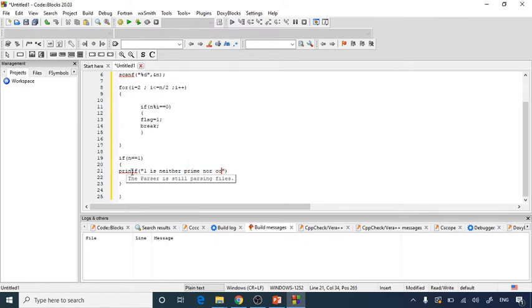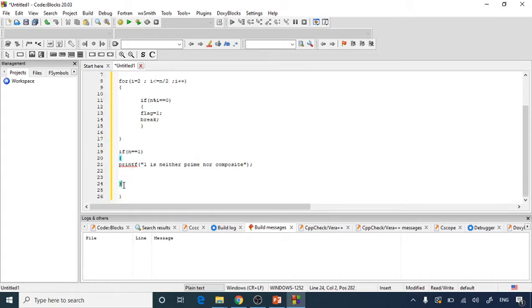So we have written this condition particularly for the number 1. If n equals 1, then 1 is neither prime nor composite number. This way we have printed a line for number 1.